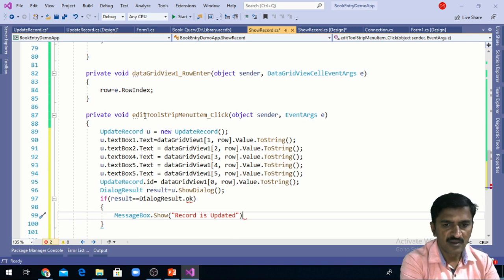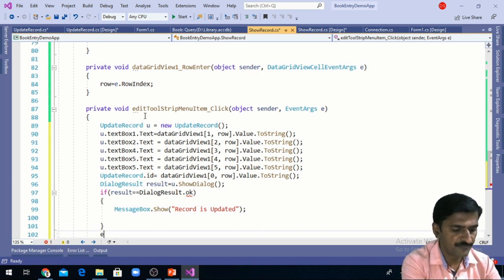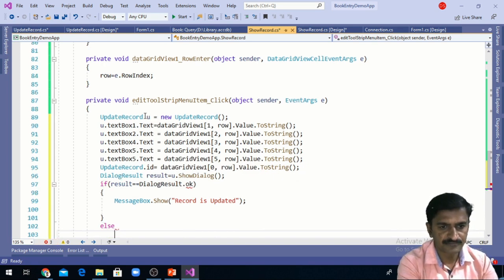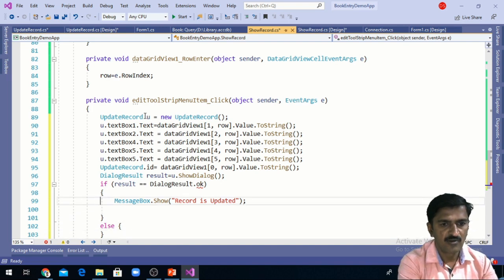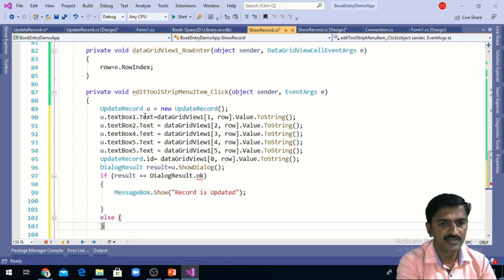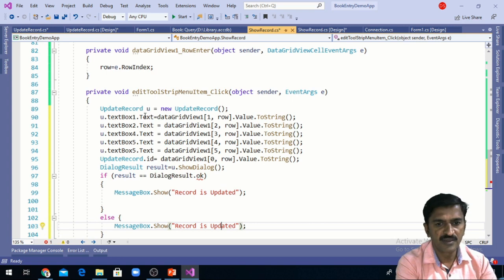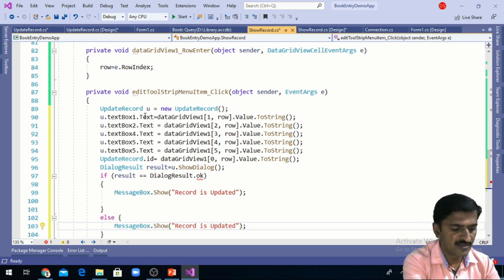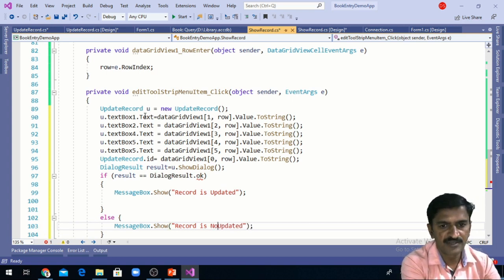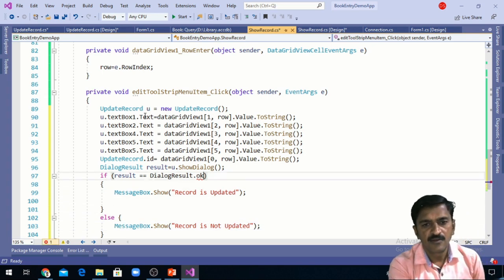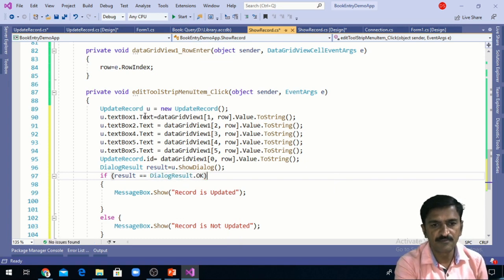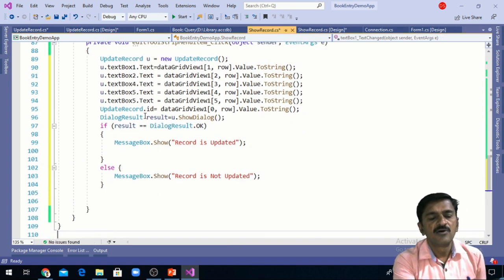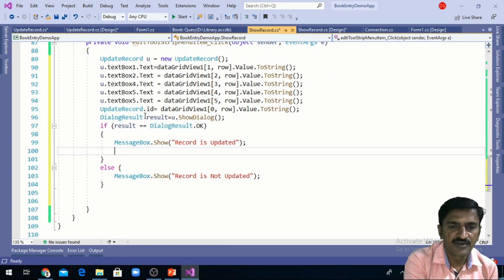Otherwise I will display the message as record is not updated. Same message I am going to copy here and specifying the message that record is not updated. Right, so this okay must be capital. Okay, so this is the simple code that we have written.